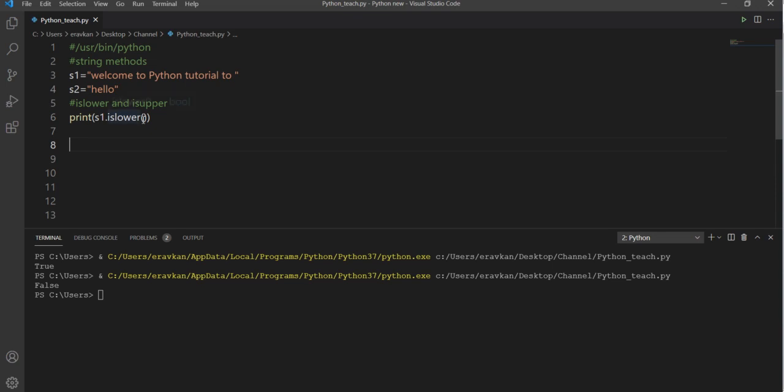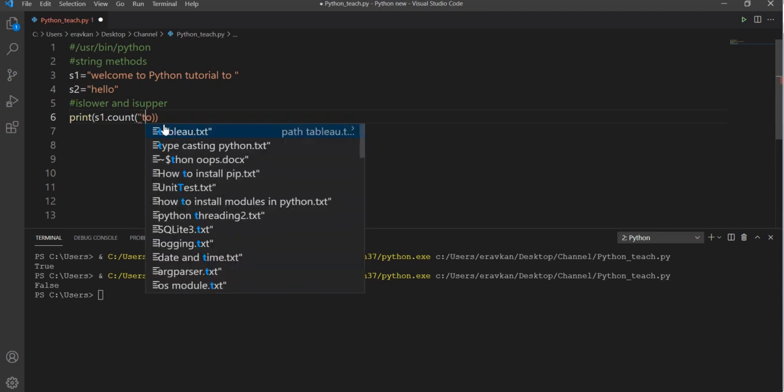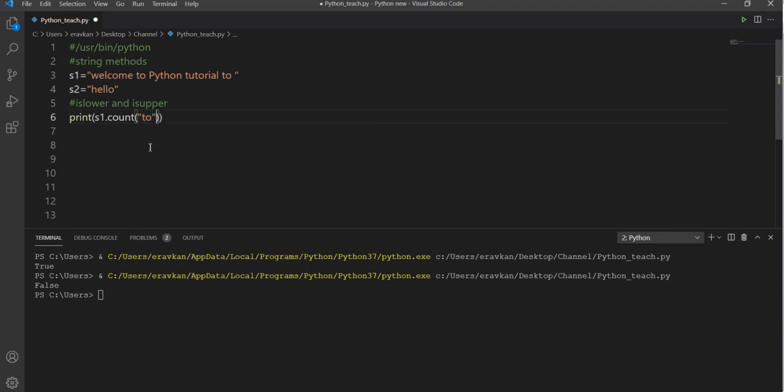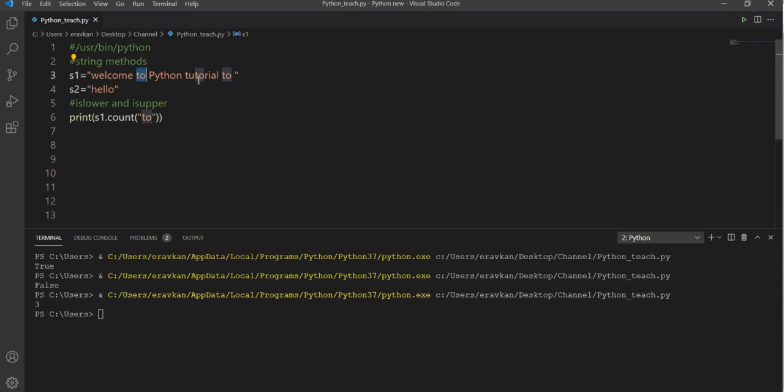Then we have the count method. Suppose you have to count how many times a particular substring occurs in your main string. You can count by using this very important method. 2 is coming 3 times. That's why it gives you 3.